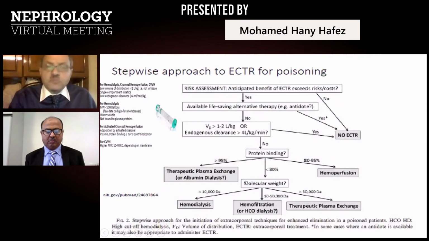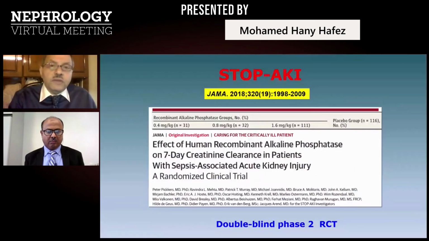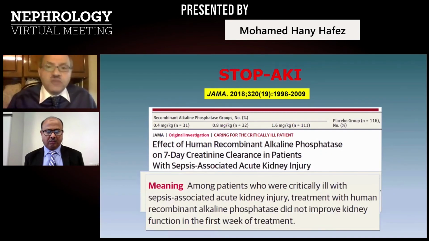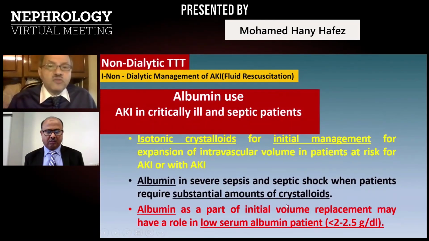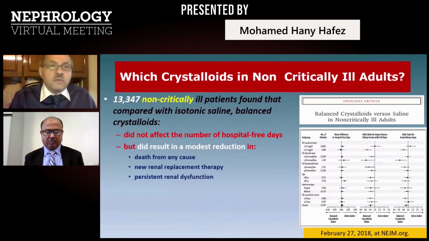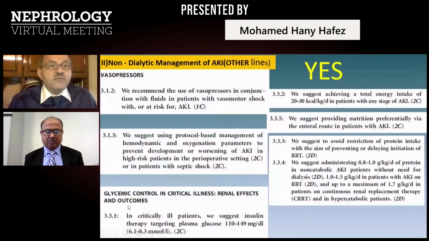Again, there have been some trials of using alkaline phosphatase, but these failed. It did not give a good result. Albumin, as a part of the initial volume replacement, may have a role only in patients with low serum albumin, severe sepsis and septic shock, when the patient requires a substantial amount of crystalloids. Of course, Dr. Hussein last time mentioned that balanced crystalloids are better than saline in critically ill patients, and we will get these better. Vasopressors, especially norepinephrine, glycemic control in critical illness for its renal effect,